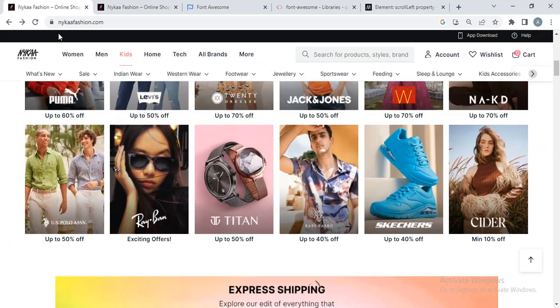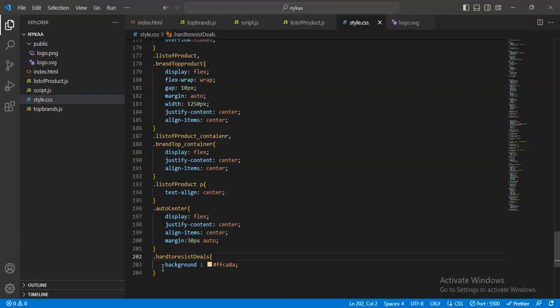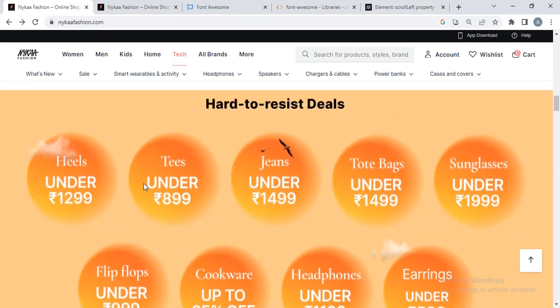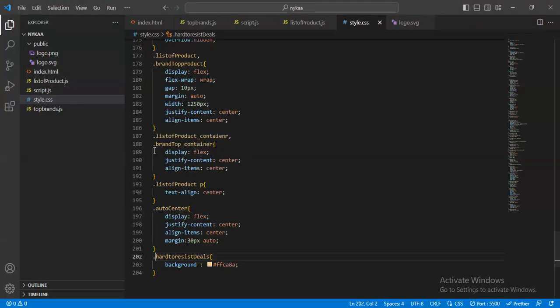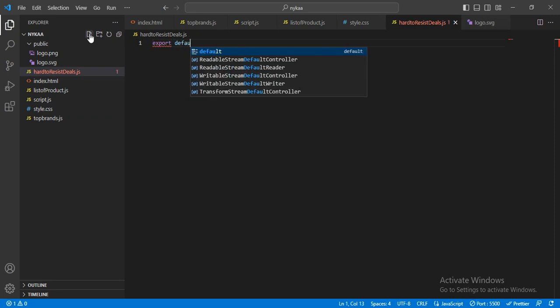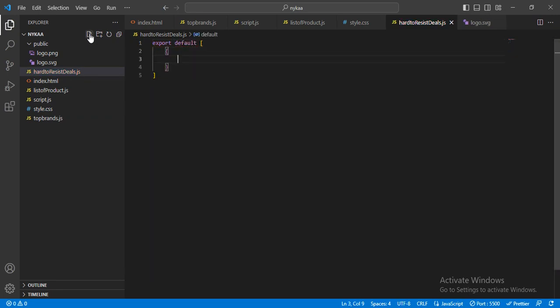Let me first of all complete this part, and for that I will create another hard to register deal. Here I will go, and here I will give the file hard to register deals dot js, and after that here I will give the export default array, and here inside this I want only